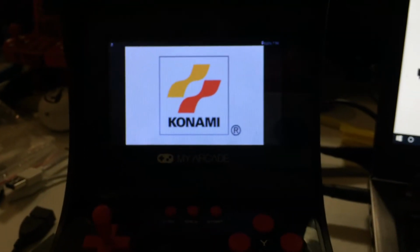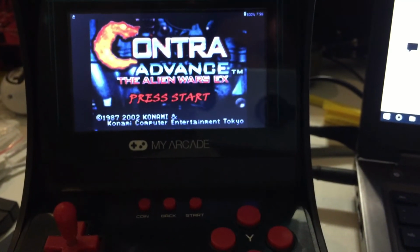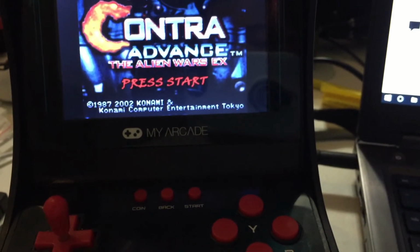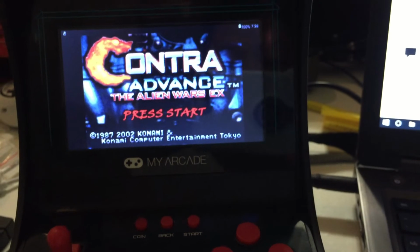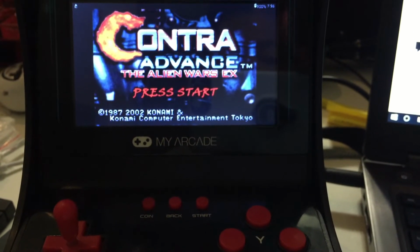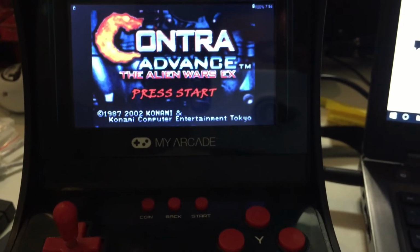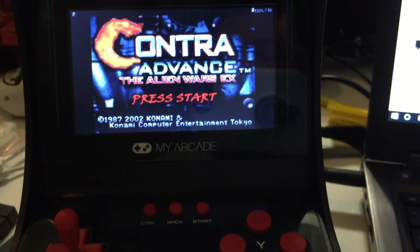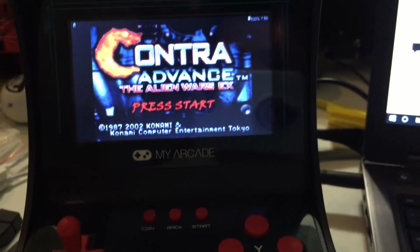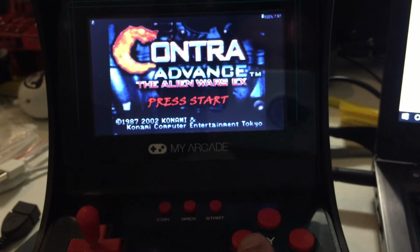So all the Game Boy Advance work well. Turbo 16 works very well. Game Boy Color works well. Nintendo 64, it worked, but the graphics not that great. Sounds okay. PSP graphics are not good, and I think the sound is kind of slow too. But if you turn off the sound, the graphics is okay, but the sound is not good. It's the opposite of the Nintendo 64. Nintendo 64 loses graphics, but